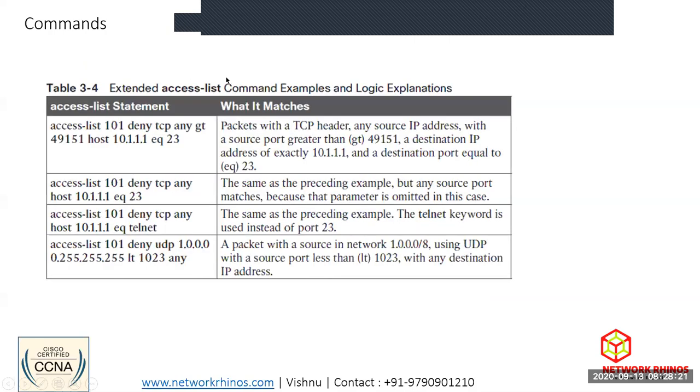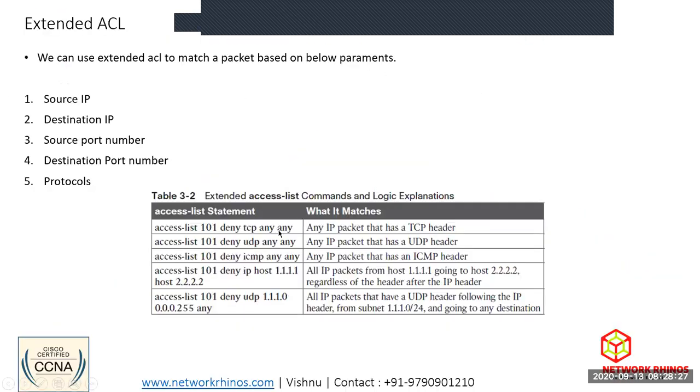Okay, again the commands, we can skip it. So let's go back to the lab now. As I said, I'm going to use the fourth method of ACL, denying the source IP to that destination IP. The host keyword we normally use whenever you want to specify a single IP, not the network. As you can see in the fifth example, they haven't used a host keyword, right? Because they are mentioning the entire network segment. Any PCs from that network which have a UDP header should be blocked. Whenever I want to specify a single IP, I mention the keyword host.